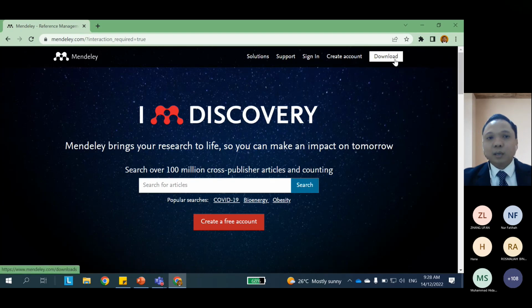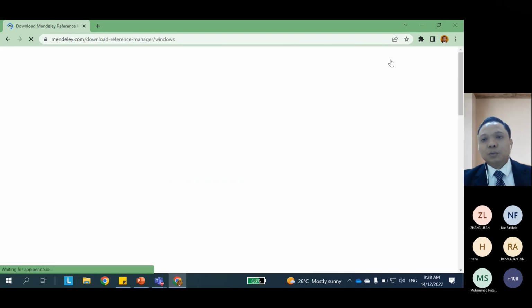Okay, the desktop version. You need to have both. Okay, you cannot totally rely on the web version because for some of the features, normally in the desktop version you have the full features, but for the web version, even though you can do 95% of whatever the desktop version can do, it is still best and more stable to use the desktop version. Okay, so you download this software,